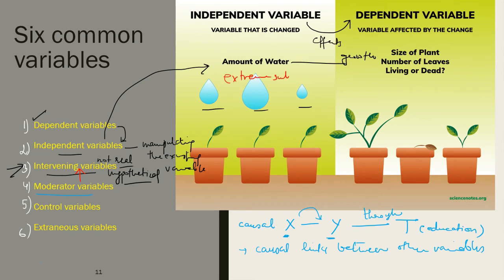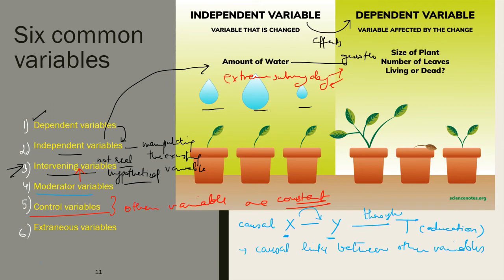Watering the plant and growth are two different things. It is not possible to consider every variable in a single study. Therefore, variables that are not measured in a particular study must be held constant. You have to control those variables. You have to neutralize certain things. That means you have to keep the balance or eliminate that so that they do not have any biasing effect on the other variable. So this is called controlling the variable. Variables that have been controlled in this manner are called controlled variables.